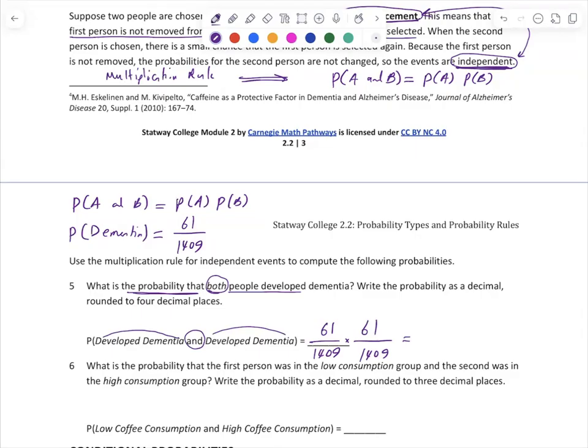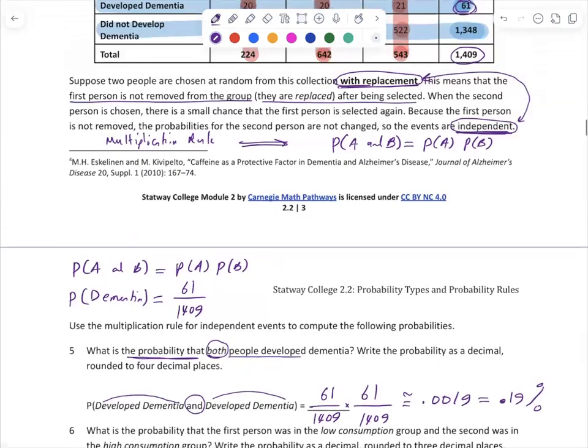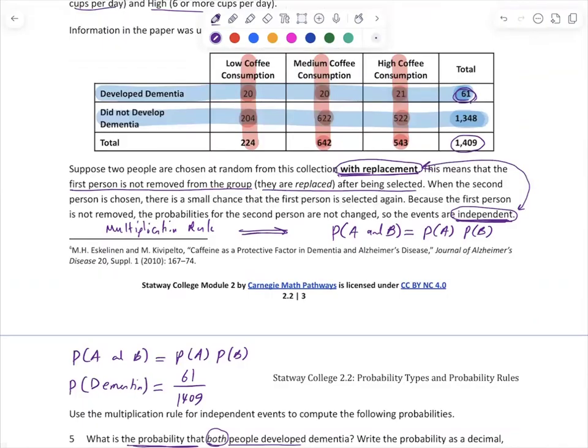This is a small probability, about 0.0019. This is a very small probability. This is 0.19%. 0.19% is different from 19%. This is a very small probability. So if you randomly select two people and both develop dementia, remember that you only have 61 people out of